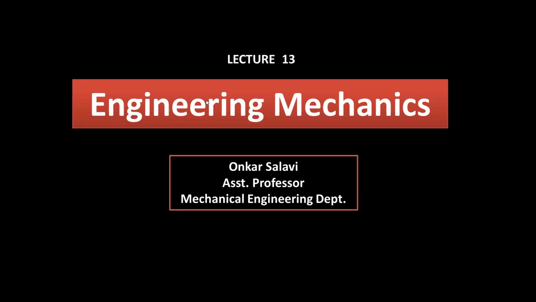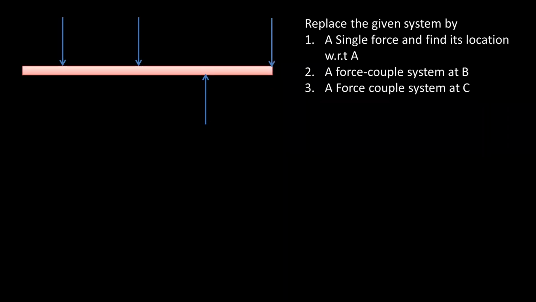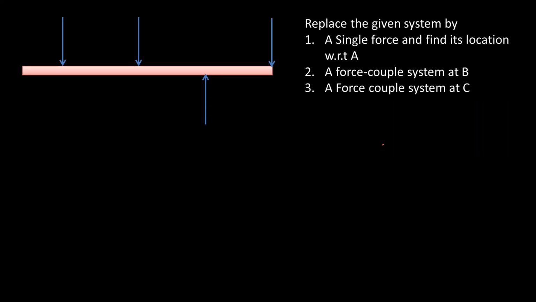In the previous session, we have seen the resultant for parallel force system. We have solved two problems on the resultant of parallel force system. Whenever we calculate the resultant for parallel force system, we use the equation R is equal to summation Fy if all the forces are vertical, and R is equal to summation Fx. And to locate the resultant with respect to any one point of the system, we use the Varignon's theorem.